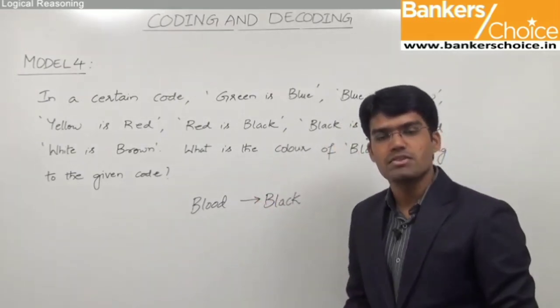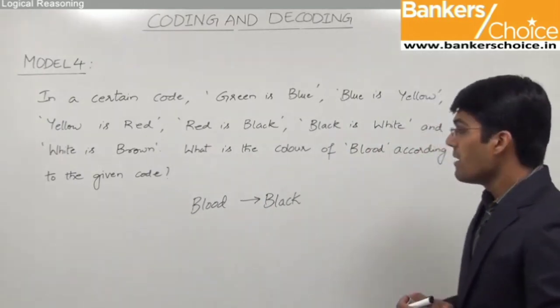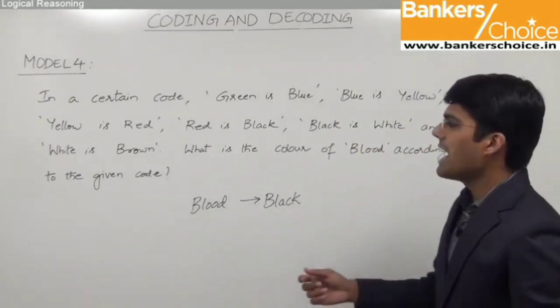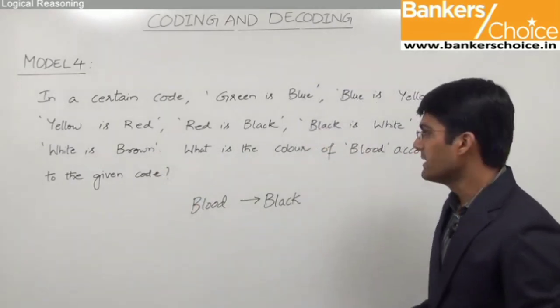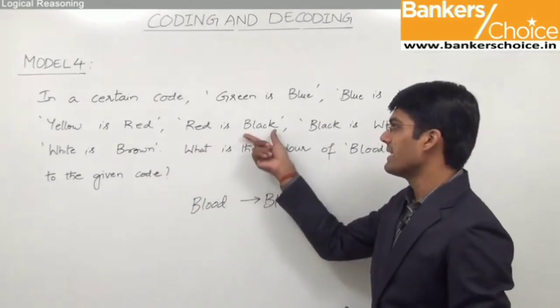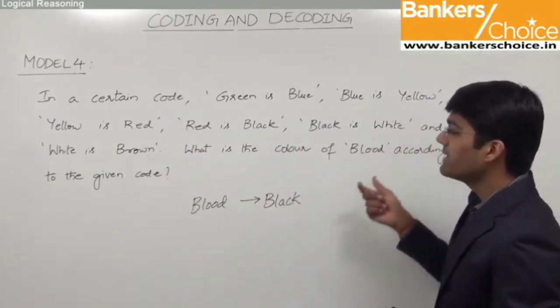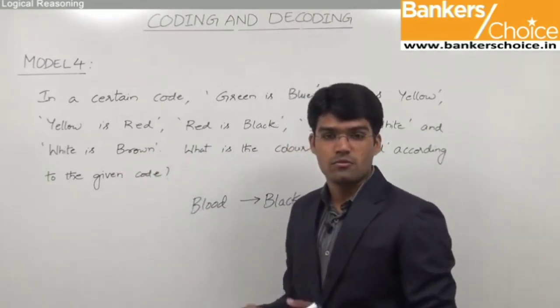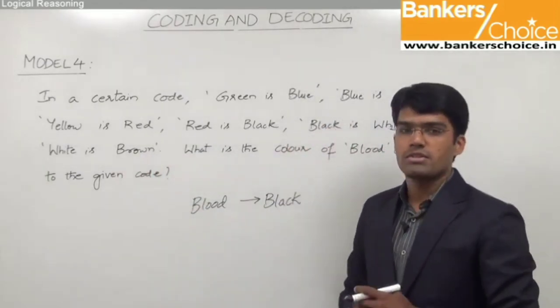Though it is a very simple question, let me draw your attention to one point here. Some students in a hurry mark the answer for this question as brown. Now the thinking goes in this manner. They say the color of blood is red, but red is not red, it is black. Black is not black, it's white, and white is not white, it's brown. So finally they come up with the answer as the color of blood is brown, which is a wrong way